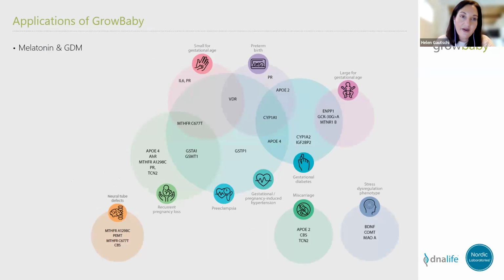Moving to the next area that I want to touch on, and this I really enjoyed doing some extra digging around, was your melatonin metabolism and your gestational diabetes. Here we're going to look at, if I can find them in my Venn diagram, where your gestational diabetes fits, plus your large for gestational age babies, because remember, gestational diabetes increases risk